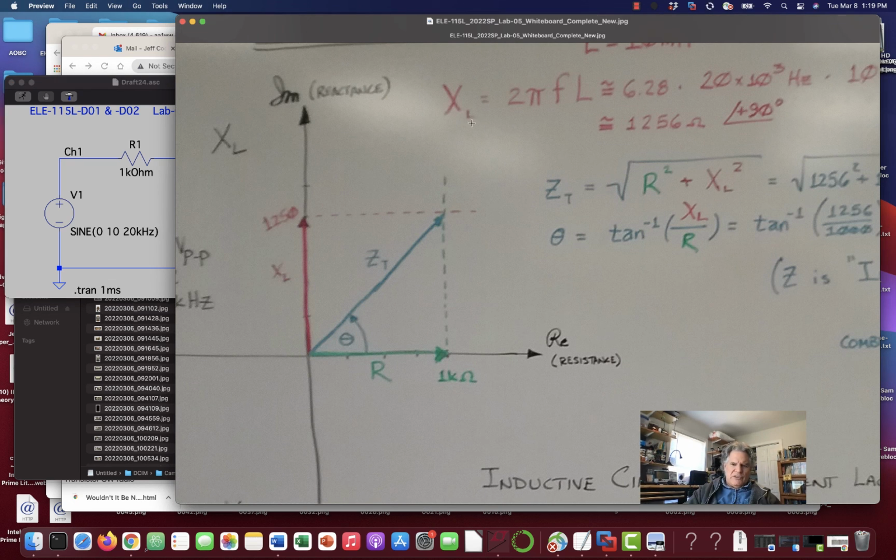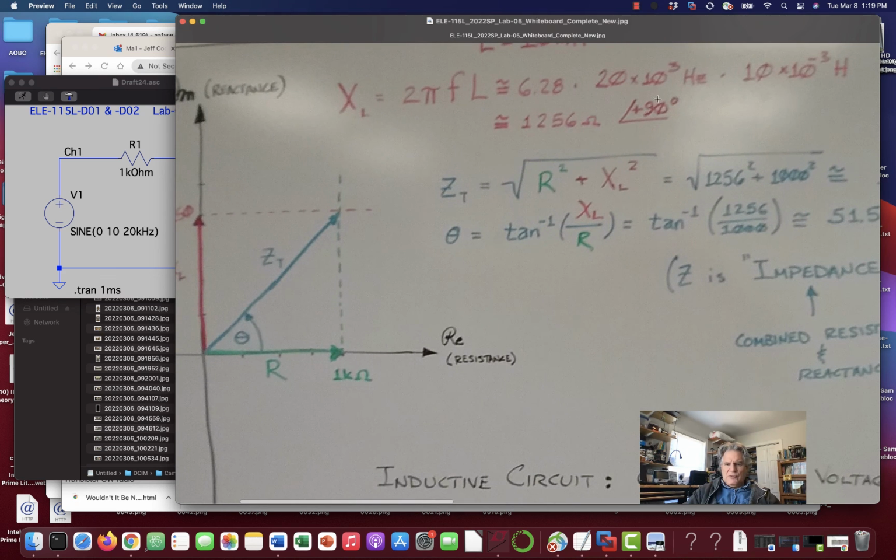So what we do here is first we calculate this inductive reactance, which is 2 pi times the frequency times the inductance. For us, the frequency is 20 kilohertz, 20 times 10 to the third hertz, and the inductance is 10 times 10 to the minus 3, or 10 millihenries, thousandths of a henry. And 6.28 is a crappy approximation of 2 pi. So we multiply this all together, and the 10 to the positive 3 and the 10 to the negative 3 cancel each other out,